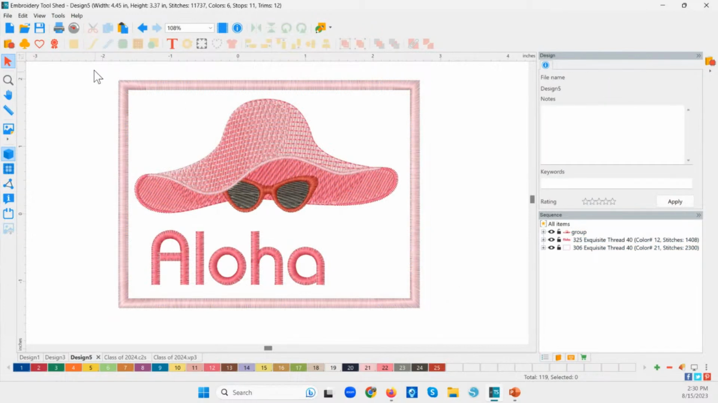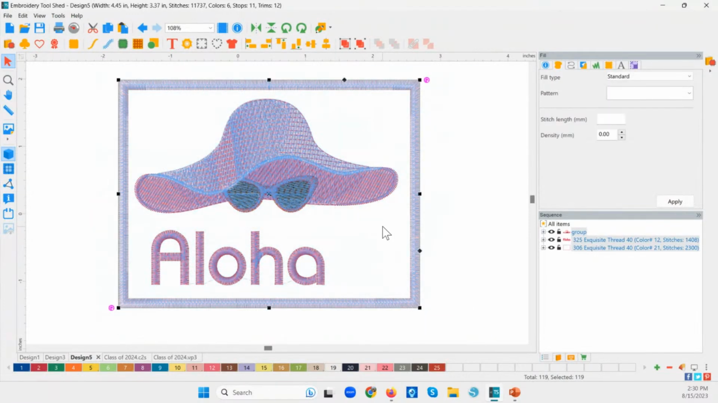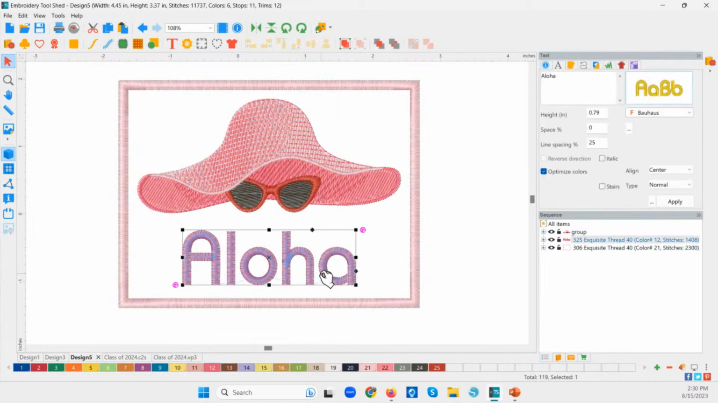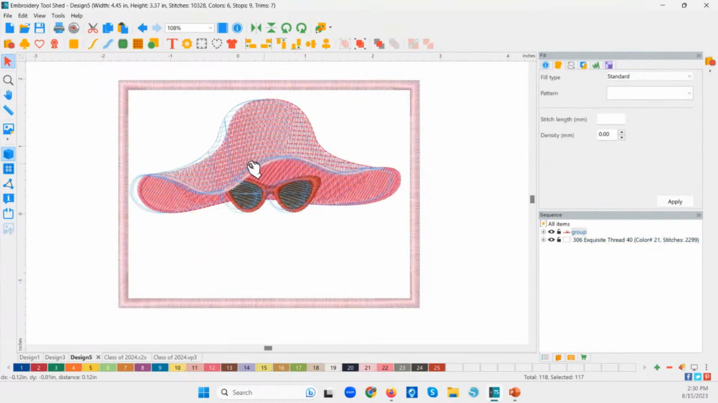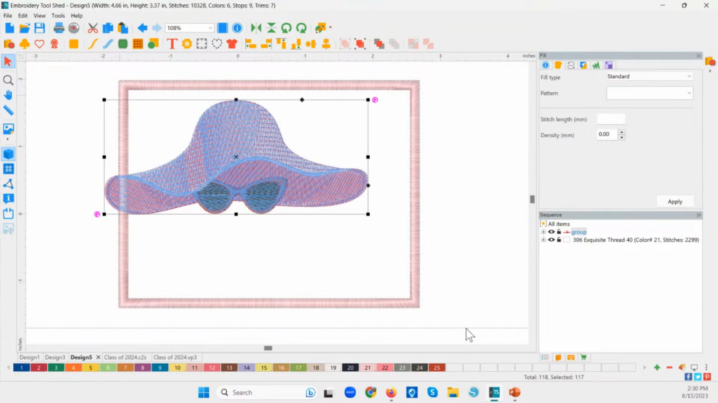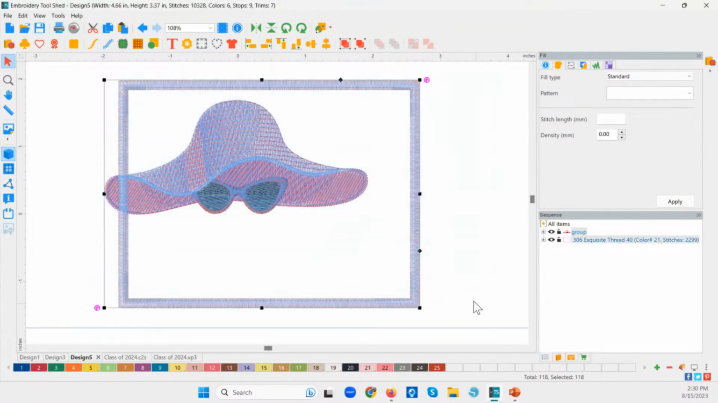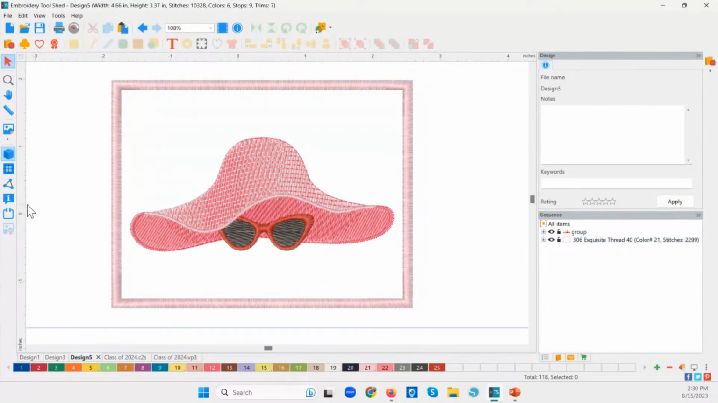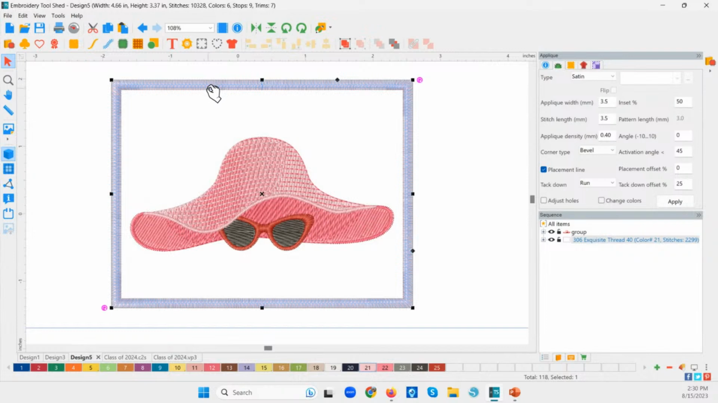So now if I select everything, Control A or click and drag, I can use my alignment tools to make sure that it's all centered. Now, if I do not have the aloha, I could select everything. I'm going to click and drag a box around it, and I could click the vertical and then the horizontal alignment to make sure it's in the center of my shape. So hopefully that helps. And then this is actually a really good point to answer BJ's second question about resizing